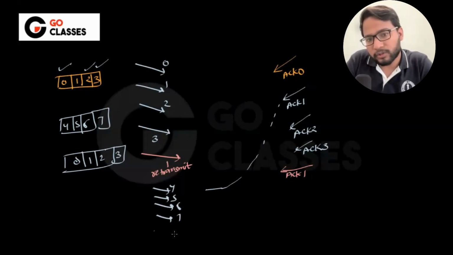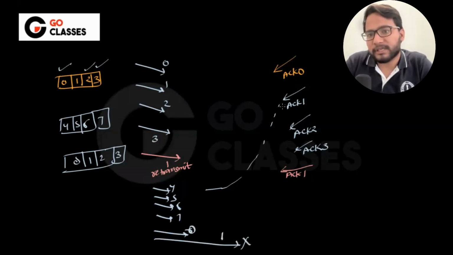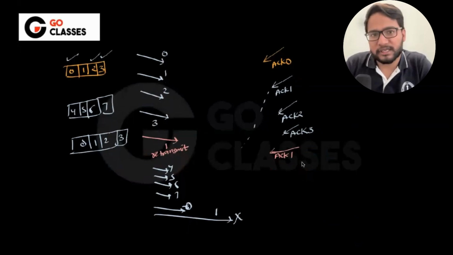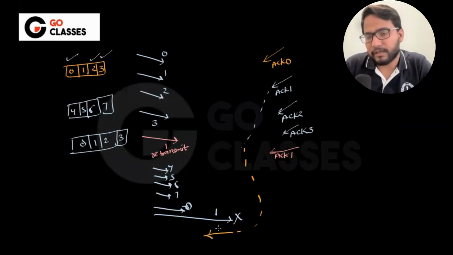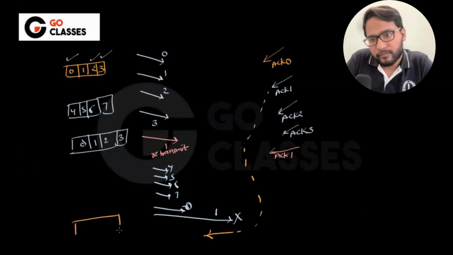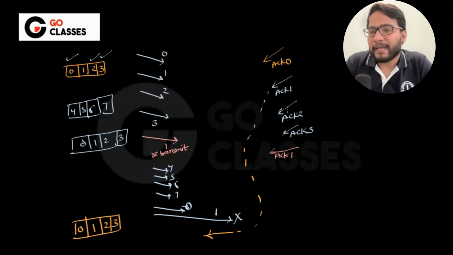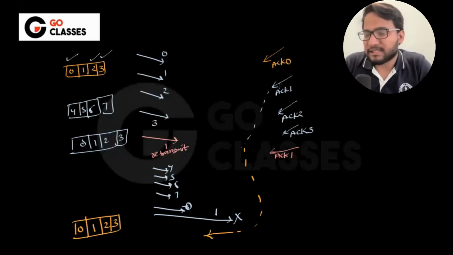send again this 0, 1, 2, 3, let's suppose this one gets lost, okay, but you receive the ACK. This one gets lost, but this ACK has been delayed too much, and that is why you are receiving this ACK. See, we discussed this delayed ACK and these things earlier also. So tell me here, will the sender ever get to know that one is lost? 0, 1, 2, 3. Okay, so by luck or by misfortune or by fortune, this particular ACK has reached